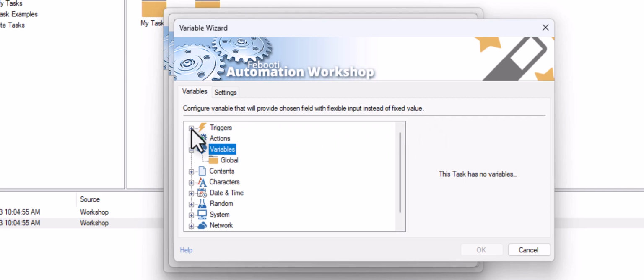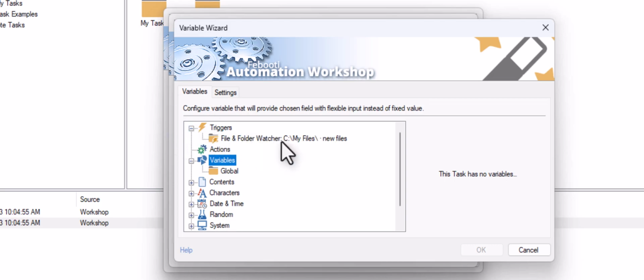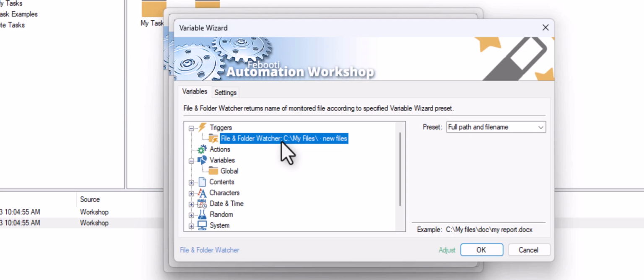We'll use the variables from the trigger we set up in the previous step. The trigger gives us a variable with the full path and file name. Right now, this points to the PDF file. However, we want to wait for the JPEG and XML files, so we need to make some adjustments.